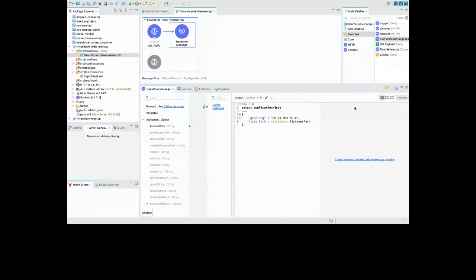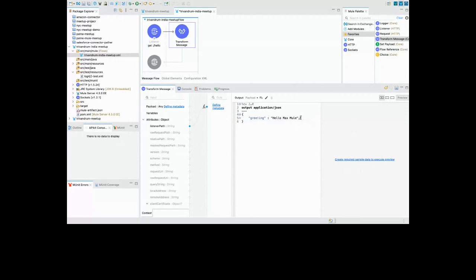Now it is not letting me preview. The reason is that this value is not defined. That is why I'm not able to see anything. As soon as I remove this particular information, I'll be able to see the preview over here. So that is how basically you can send the information. Now let's remove this, we are not working with it. So that I wanted to send this back as Java.